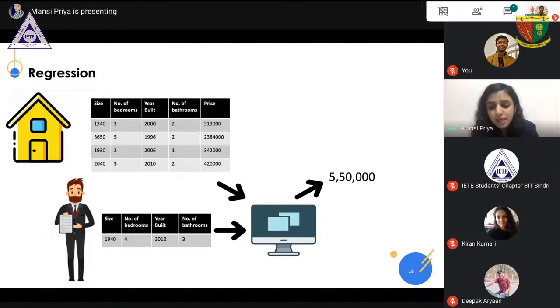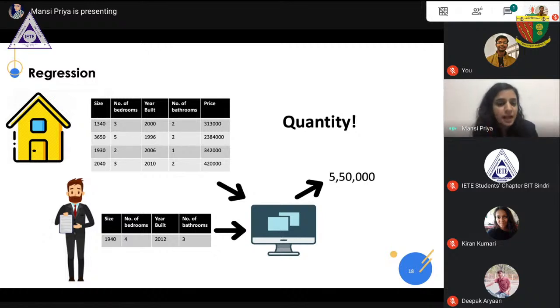In the previous scenario, classification, we saw that there were different classes, but in this scenario we have numbers, and these can be any value that is possible for that particular house. For example, this is a house price prediction problem, so the output can be any price. It could be 6 lakh, it could be 2 lakh, or any price. So there are no well defined classes here. What we have is a quantity. That is why this is termed regression.